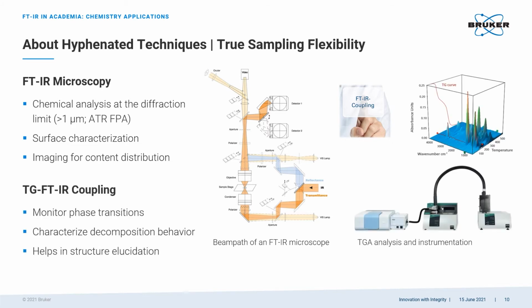TG-FTIR coupling, on the other hand, is a classic workhorse in chemistry. TGA allows you to monitor phase transitions and mass losses during thermal exposure, while FTIR allows you to identify and monitor the released gases. In this way, TG-FTIR can yield crucial insights into structure elucidation or characterize decomposition behaviors of polymers and pharmaceutically active molecules. Believe me, that is just a glimpse of what coupled techniques can do for you,